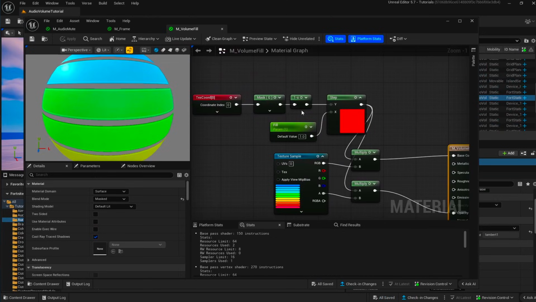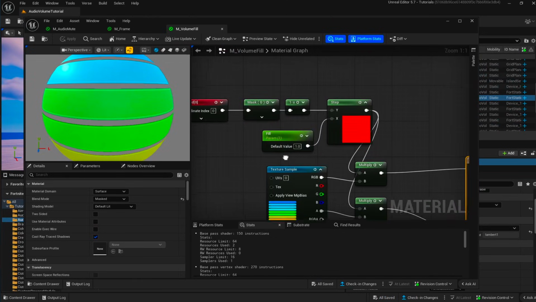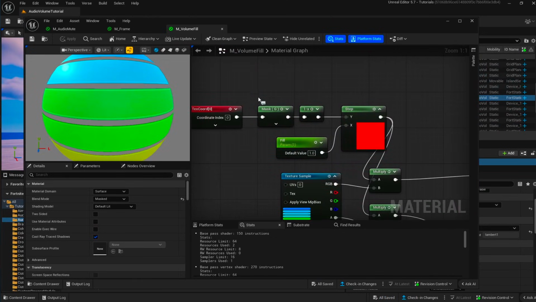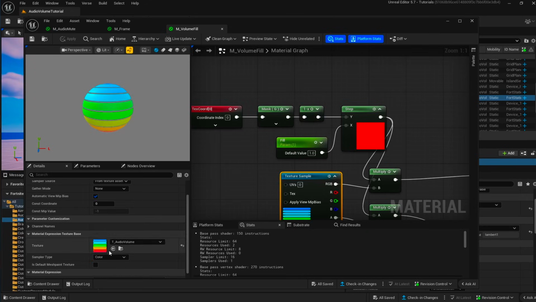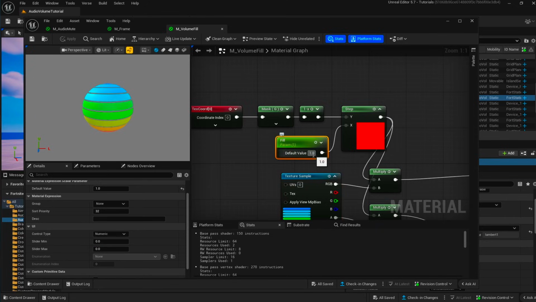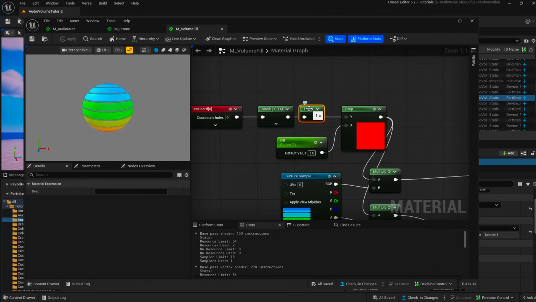So 0 means 0% filled, 1 means 100% filled. We take the G value, which is the V coordinate of the UV, so the Y coordinate, and we subtract it from 1. At the top of the texture the coordinate is going to be 0, but in this one 0 means 100%, so we need to flip it, and then we